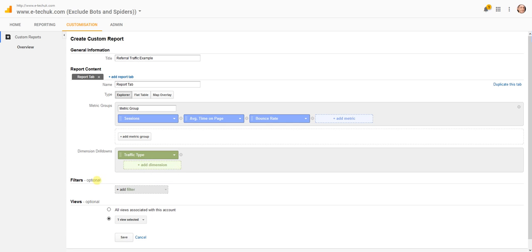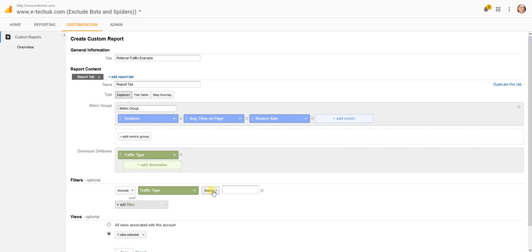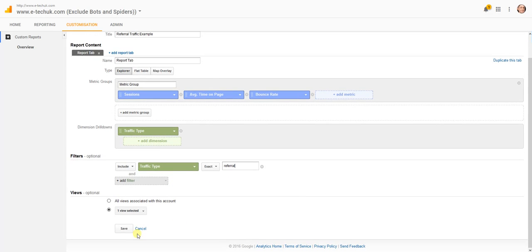So if I filter this by looking back on the traffic type, I'm going to leave that as it is. We could go regular expression if we're doing pattern matching, but I'm going to keep it on exact match. And I'm going to click in here. If I start typing R, it gives me that referral. If I then save this report,